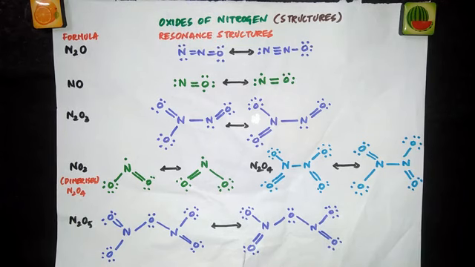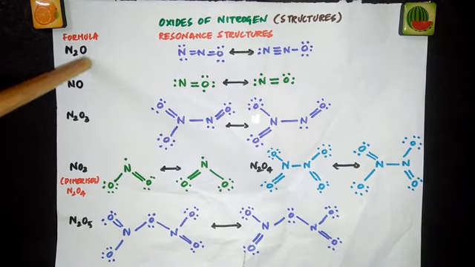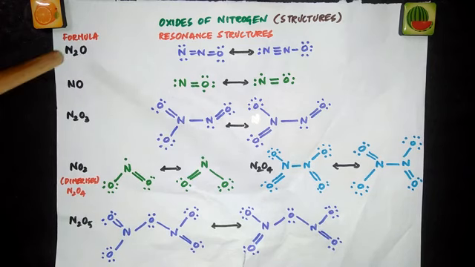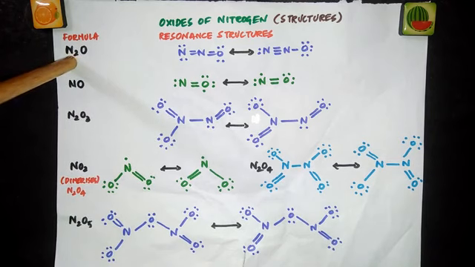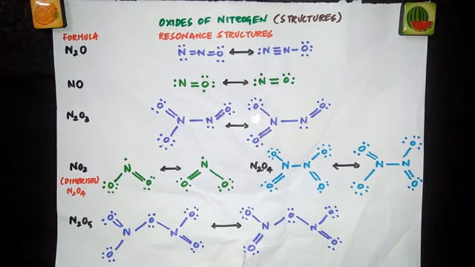How to draw the structures, as I just told you, is in the part 2 video of the grade 11 chemical bonding playlist. So all you have to do is choose one atom as the central atom. Usually the less electronegative atom is chosen as the central atom, and calculate the total number of valence electrons. See, we have 2 nitrogens and 1 oxygen. In 1 nitrogen, how many valence electrons are there? 5. So there would be 10 valence electrons in nitrogen, and in oxygen the number of valence electrons is 6. So totally 6 plus 10, 16 valence electrons are there.